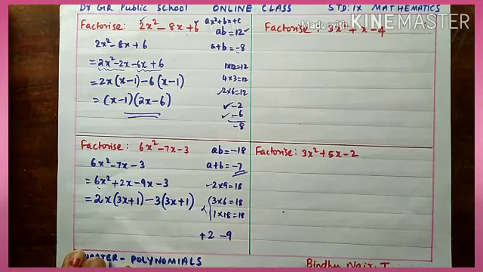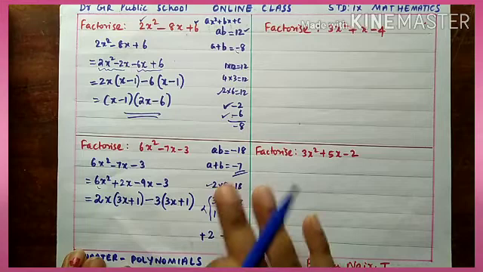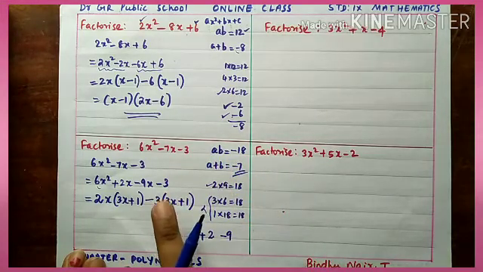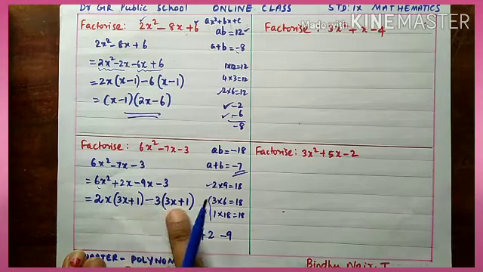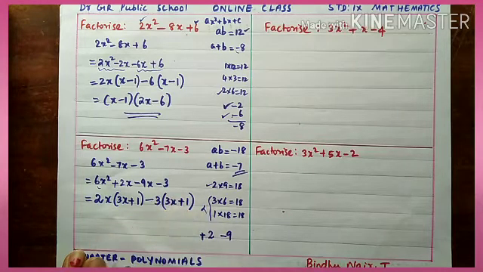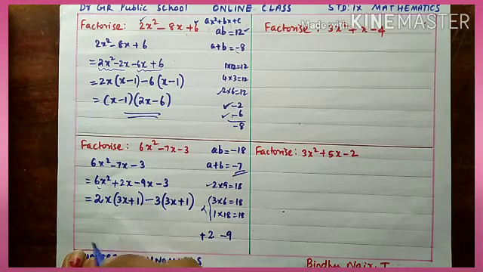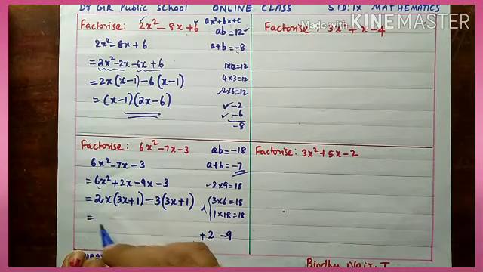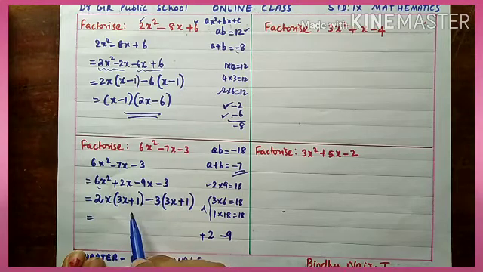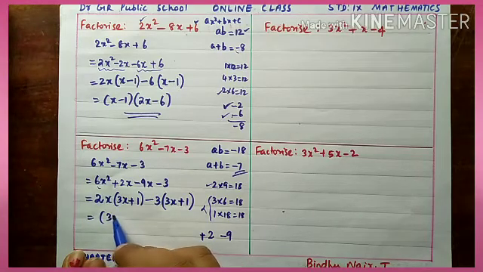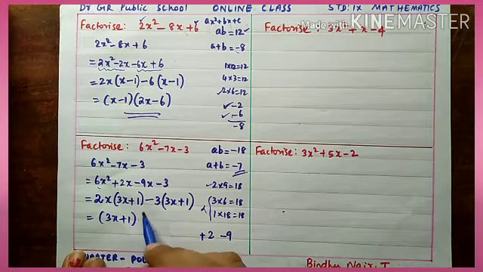So close the bracket. Now you see, usually when we do this type of splitting the middle term problems, the main thing is that the two brackets have to come with the same value. Then only can we take a common factor as this bracket. So you should know that if you want to confirm that your answer is correct, you check whether the brackets came the same. Now you see this can be taken common. So 3x plus 1 is taken common. So what are the remaining terms? Here 2x and here minus 3.